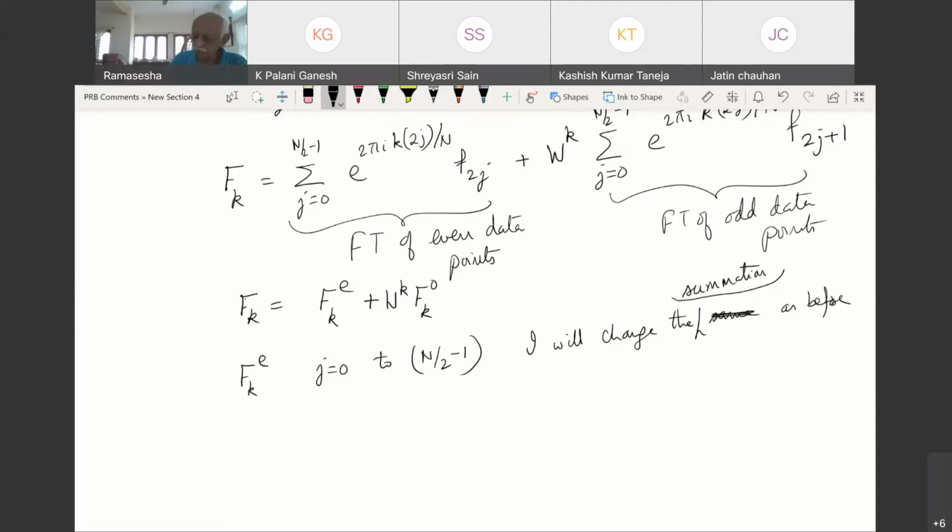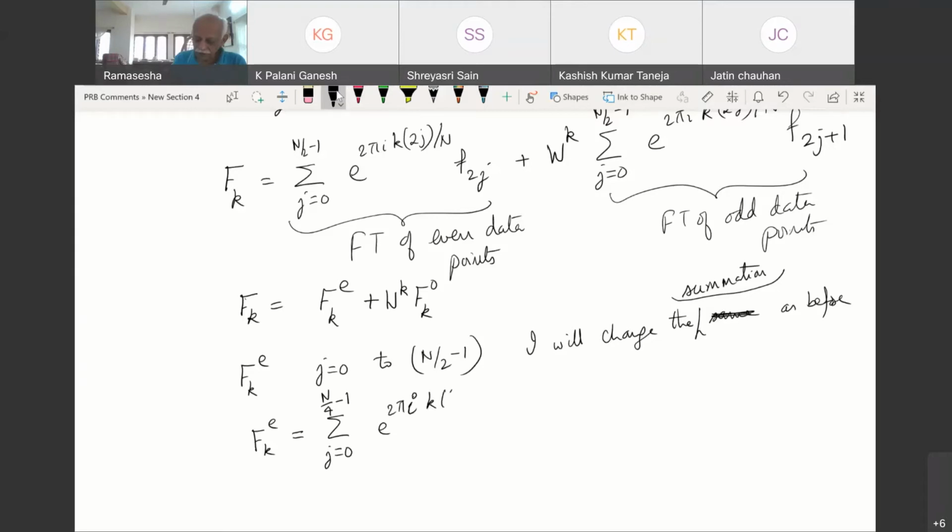I'll change it by taking sigma j equal to 0 to n by 4. Okay, because earlier it was n by 2. Now I'm going to have n by 4 points, and e to the power 2 pi I k times 4j by n times f of 4j